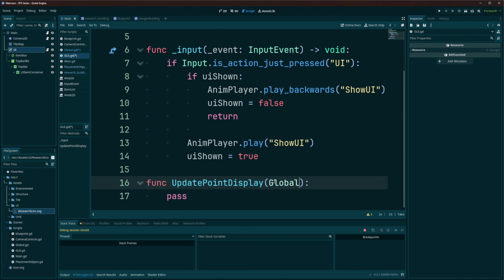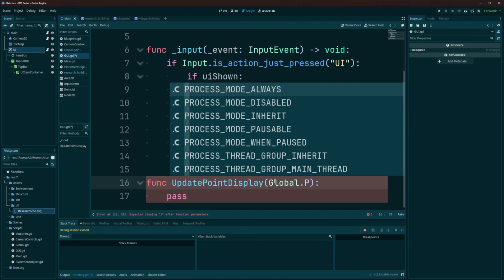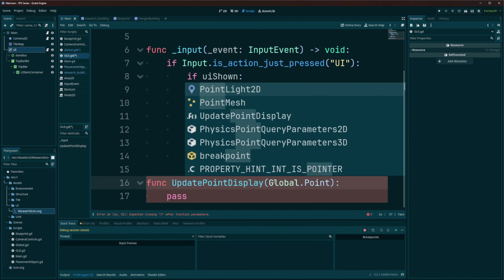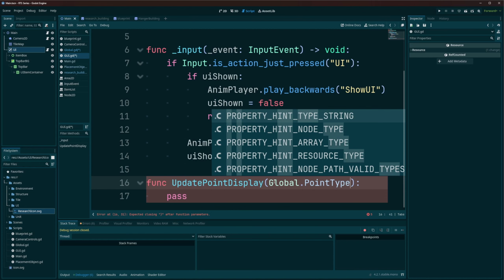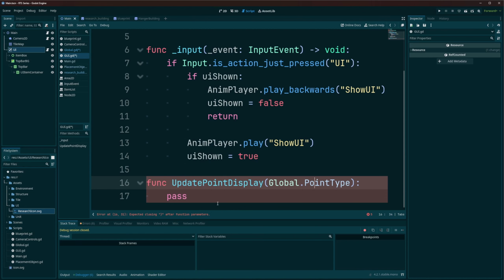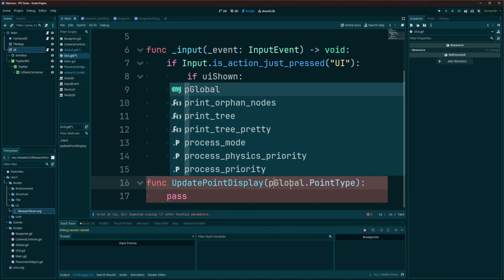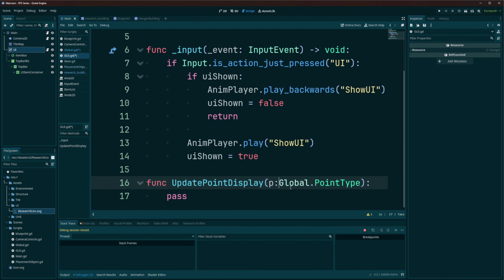We can go ahead and take a global dot point type. Can we not? There we go. So we could take a point type in,